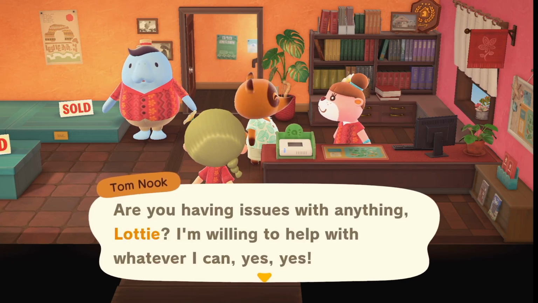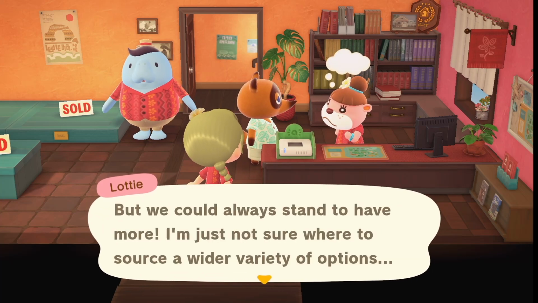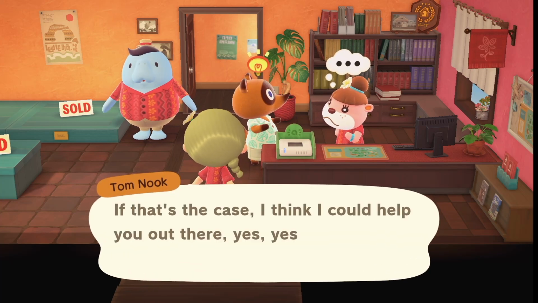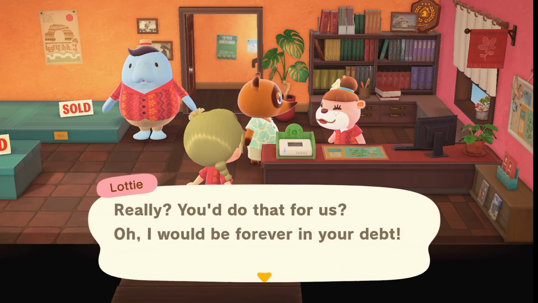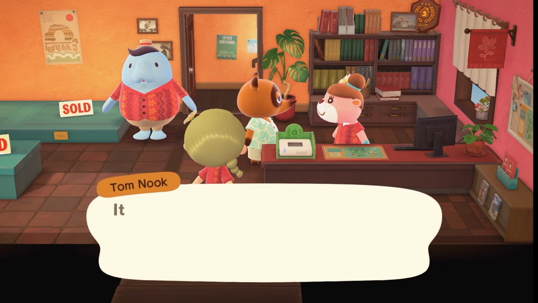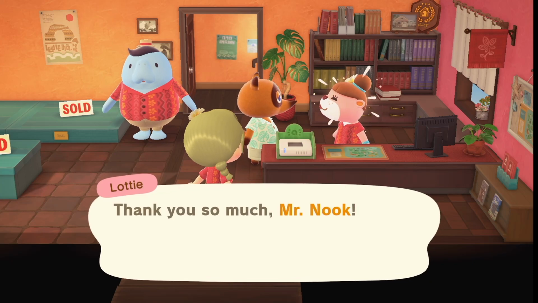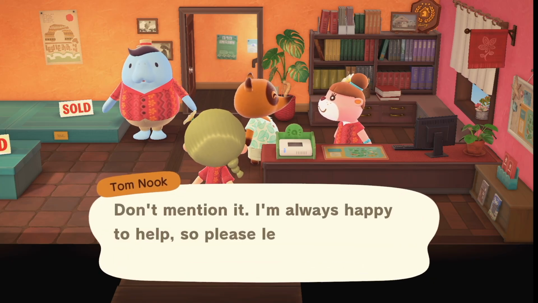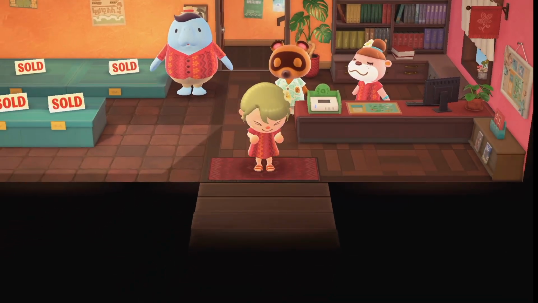I feel like it's a little late in the game when they add him on because you could use his furniture really earlier, you know? And now we're almost like at the last 3 or 4 houses he comes around. And that's just typical Tom Nook, typical. Anyways, we're gonna move on to the next one, but I just thought I'd show you just some of the events